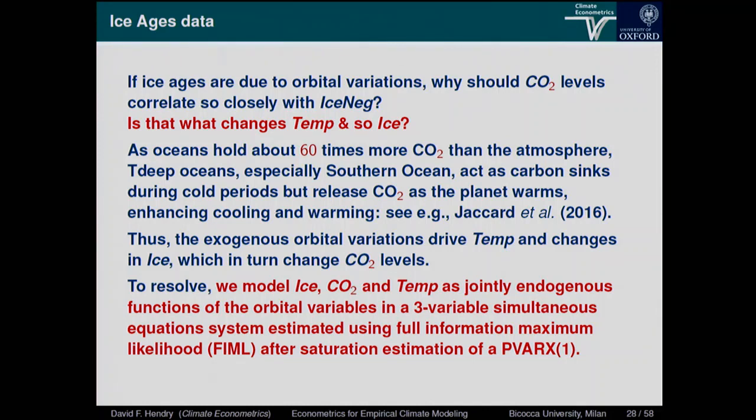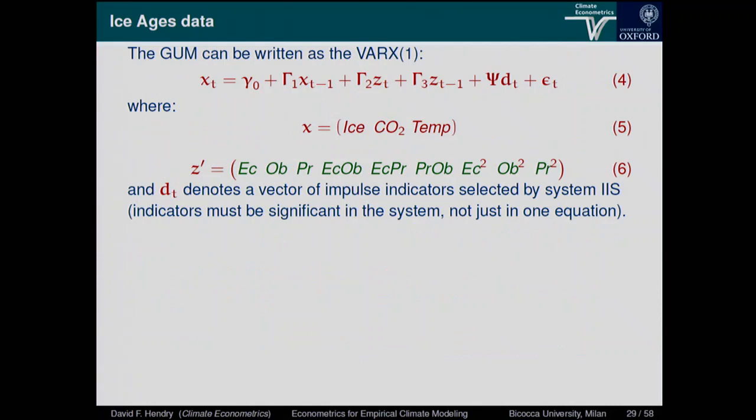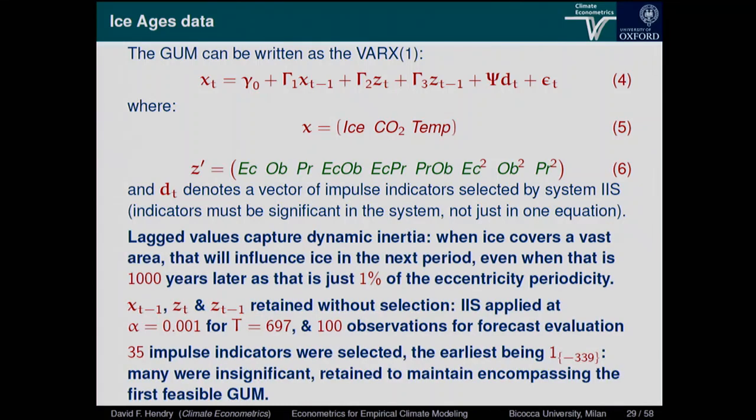We're going to saturate to get rid of the outliers, of which there is quite a large number. We're then going to select over the variables to get a parsimonious VAR, and then we're going to estimate it by full information maximum likelihood, which is sufficiently over-identified that I can include any pair of the endogenous variables in each of the equations simultaneously and get them all identified. And it turns out that's a pretty obvious thing for an econometrician to do, but I couldn't find anything in the literature. So it's a standard VAR-X apart from the indicator saturation.